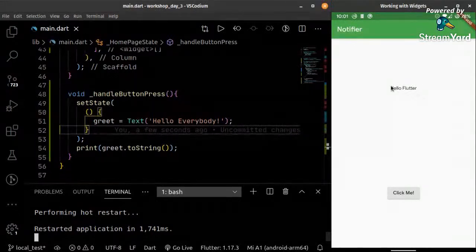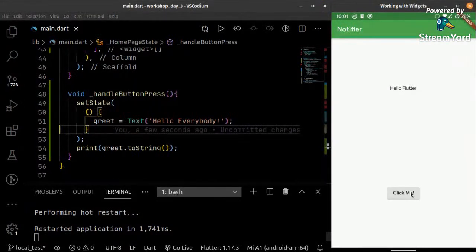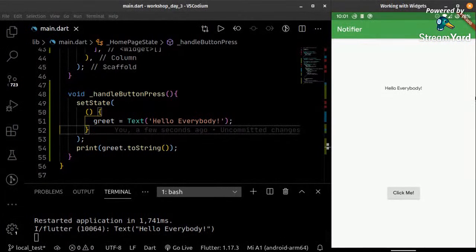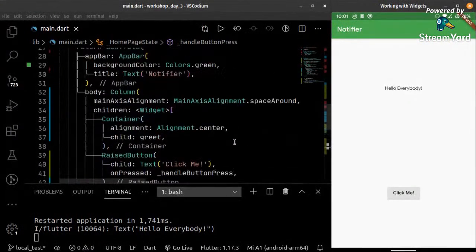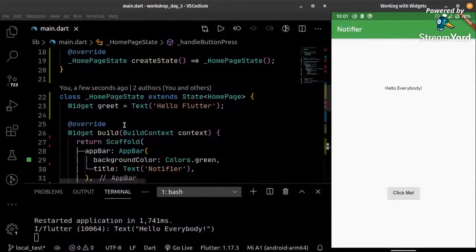We have hello Flutter over here. If I click this button, it changes. Right? So that is how changing state in Flutter goes. Now I have made the state variable a widget here. You can give it some other